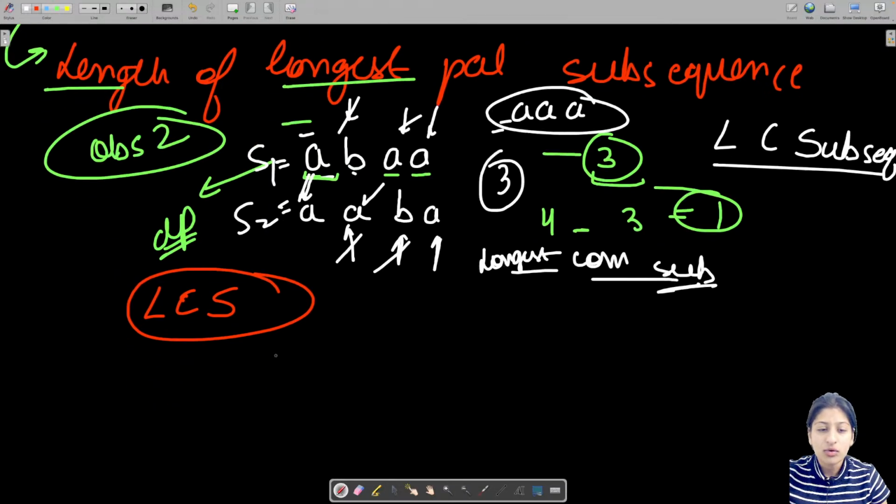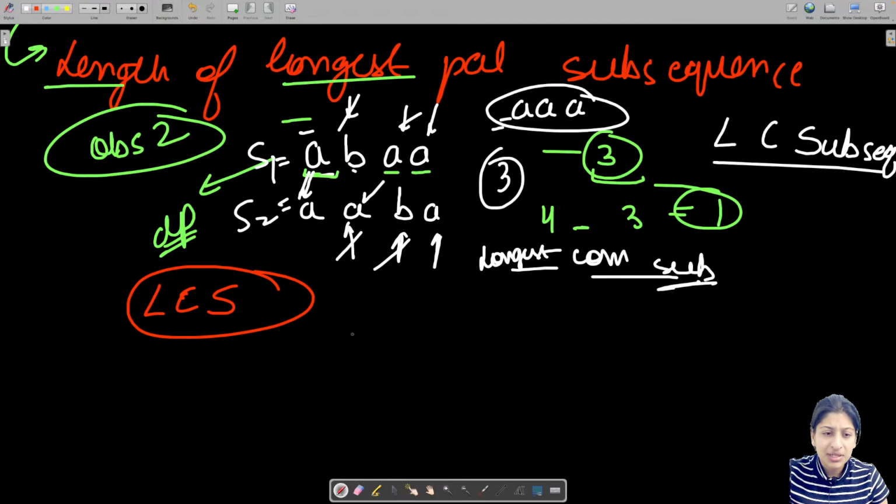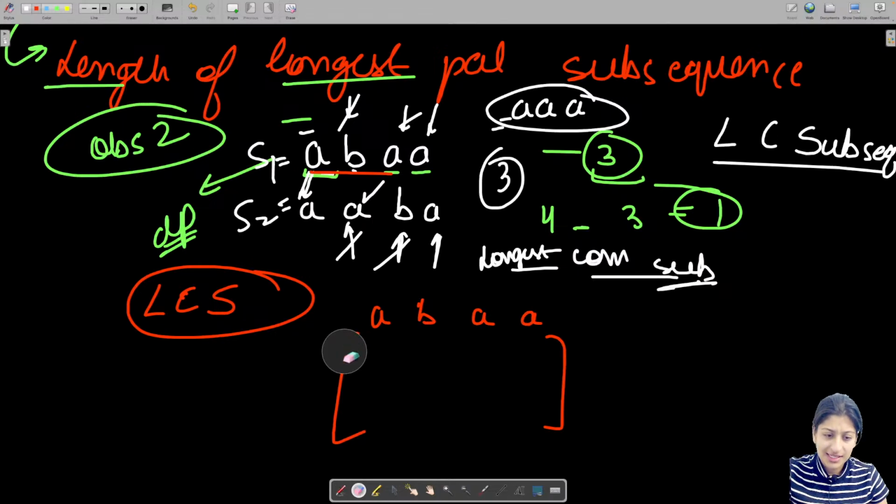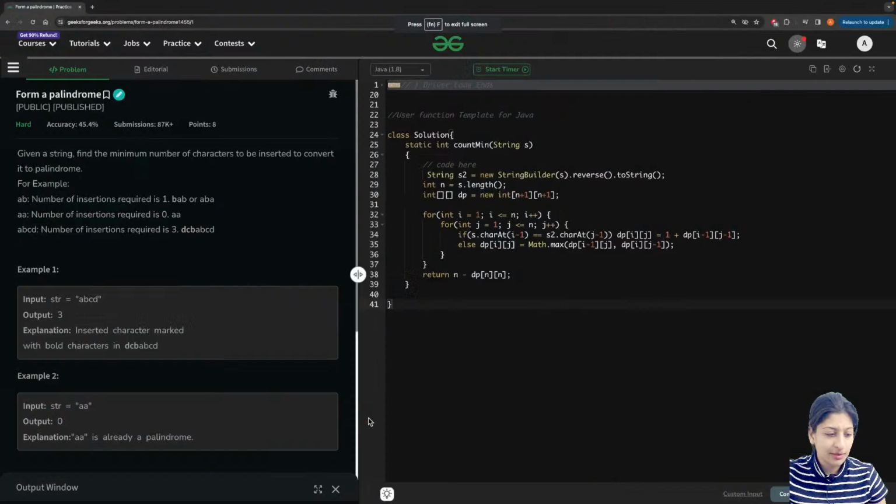Now how to find LCS? Simple thing, we have taken a DP of length 1 plus the length of string 1, and the same goes for the other. What we have to do is find the longest common subsequence. Let me write it here: A, B, A, B, A, A. Let's do it so you'll understand. A, B, A, A. Now, if you see in the code, the question ultimately,